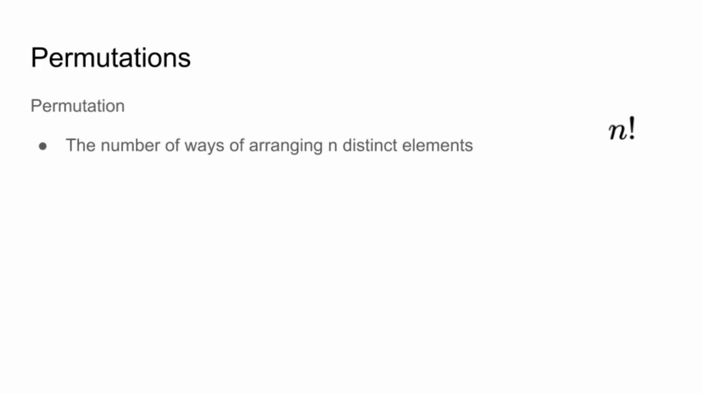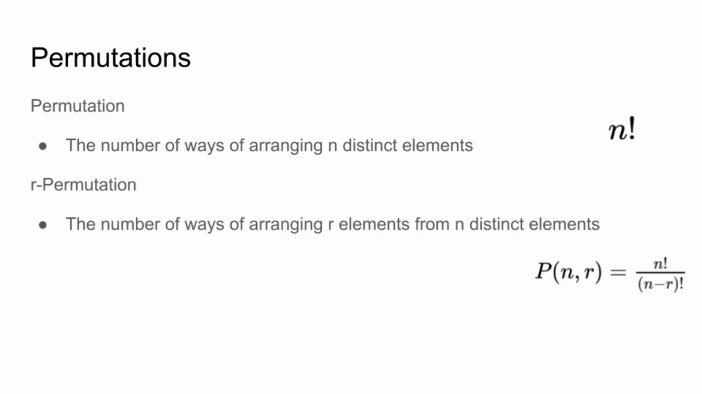Permutations are just a method of counting. You can count the number of ways of arranging n distinct elements, and that is n factorial. You can also count the number of ways of arranging r elements from n distinct elements. That formula is said n permute r. The thing that you have to remember about permutations is that order matters,